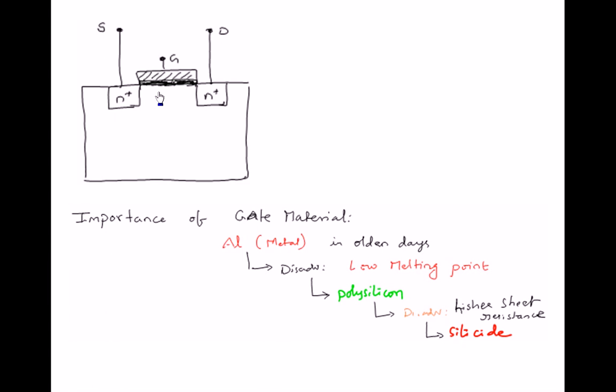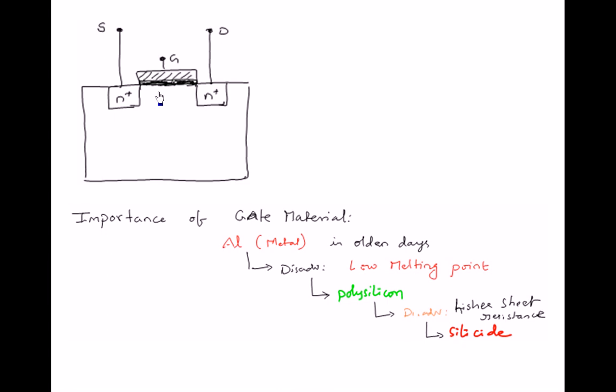First of all, the gate material used in olden days was aluminum. Aluminum is nothing but metal. So gate is made up of aluminum, which is nothing but metal. Below that one you are getting SiO2 layer, which is the insulator oxide layer. Okay, and below that oxide what you are getting is nothing but channel. Channel is going to consist of either N type or P type. Both are going to be considered as semiconductors.